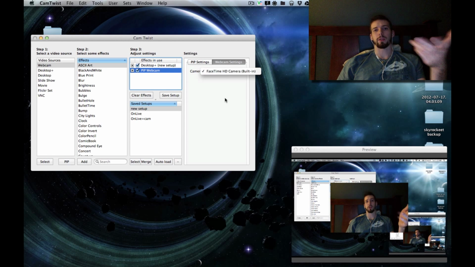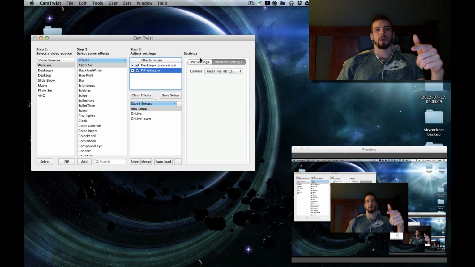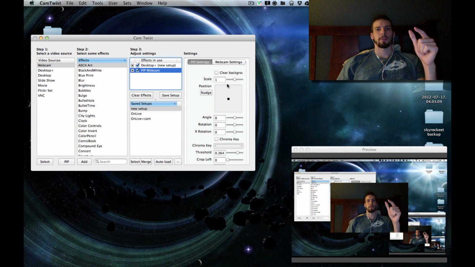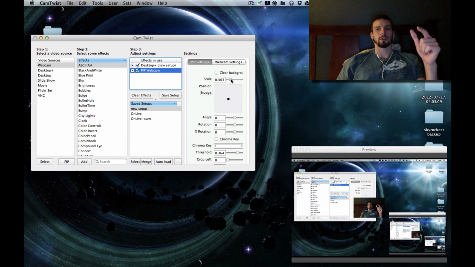So the options that we have here with the webcam settings, we can change which actual camera it is. So if you have multiple cameras plugged in, that's where you want to go to swap that out. But as for the picture-in-picture, scale is probably the first thing you want to do, so we can make this a reasonable, manageable size. And then here we can actually drag where this thing is going to show up. So we can drop it down, say in the bottom right, because well,